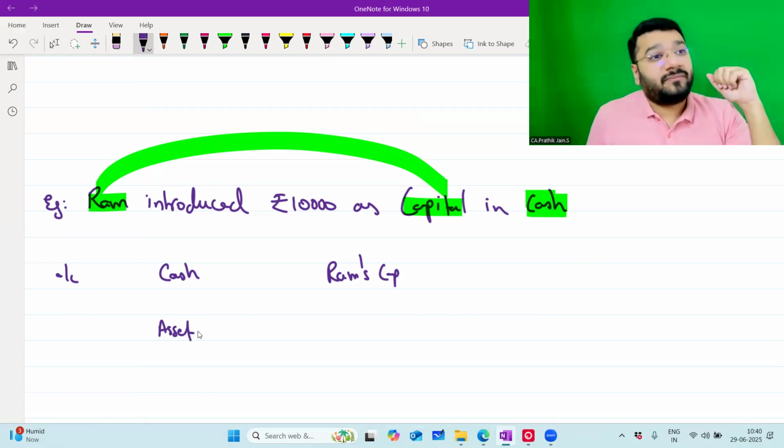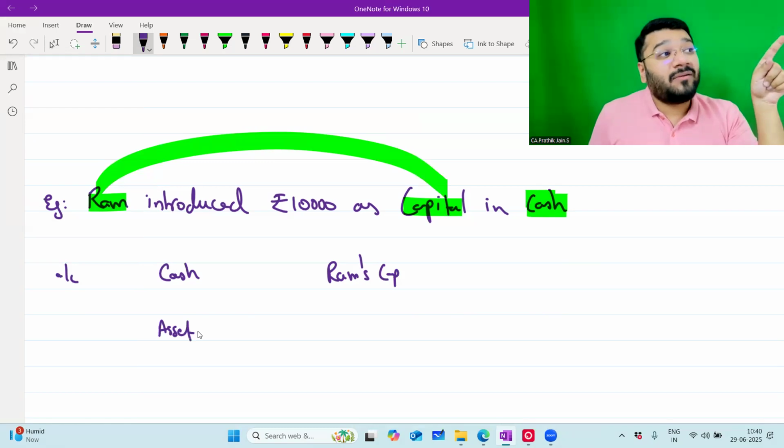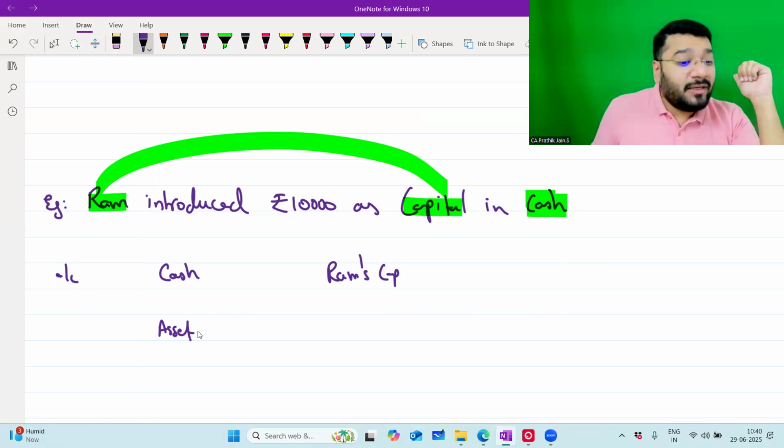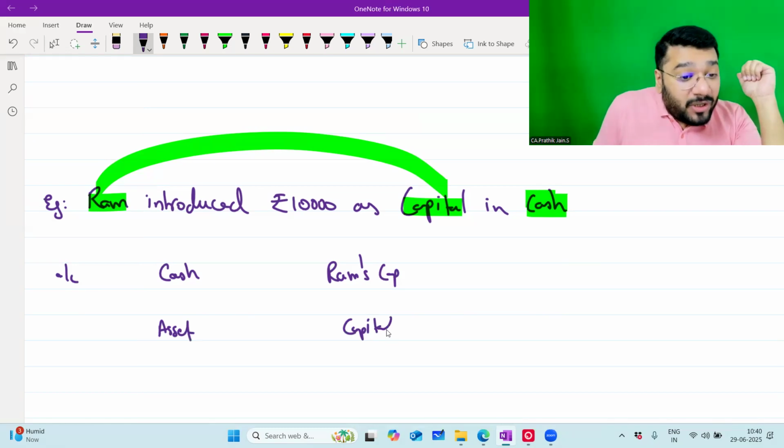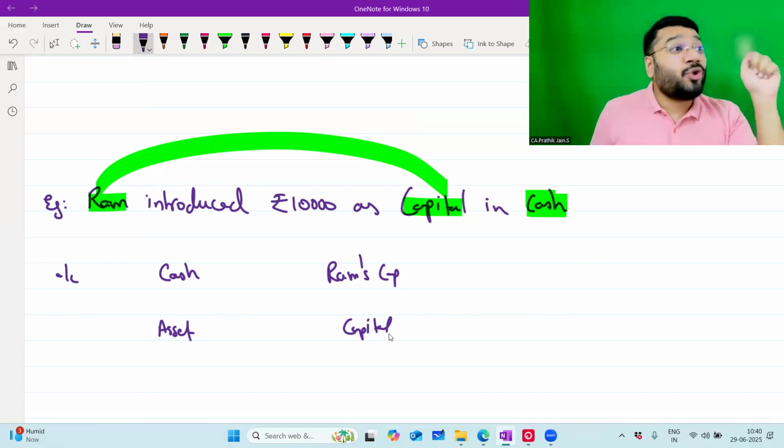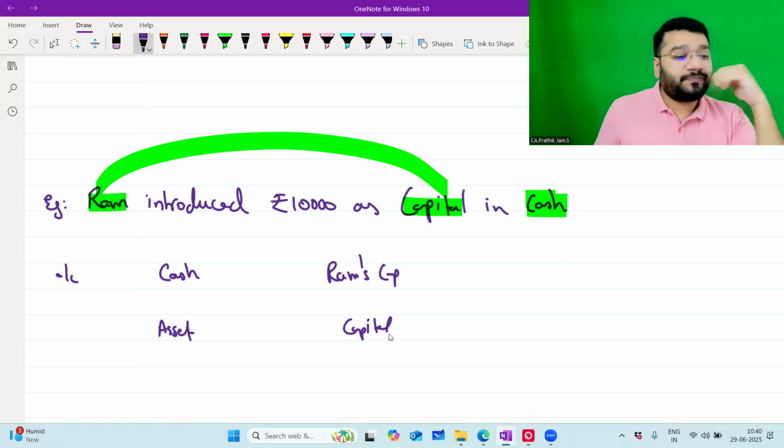Ram's capital. All liabilities are personal accounts. So Ram is a natural personal account. But we're doing modern rule. So as per modern rule, Ram's capital, what classification? Capital classification, because capital has a separate classification. So don't say liability. It is capital classification. Who's saying this? Modern rule.